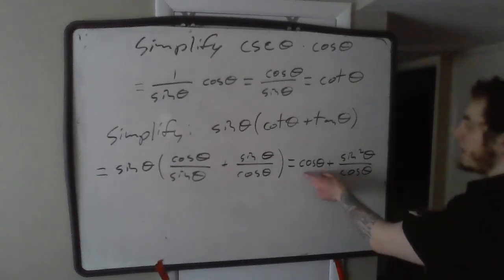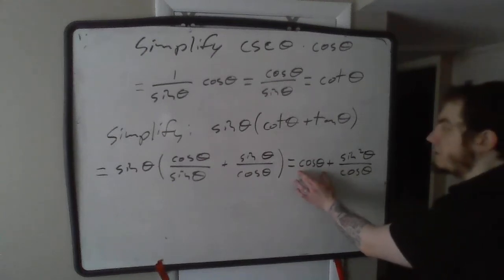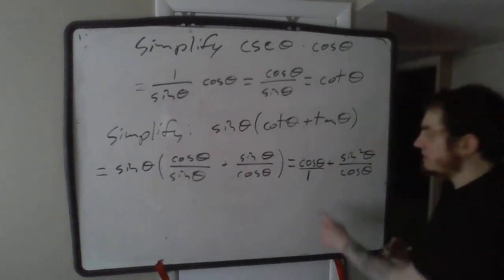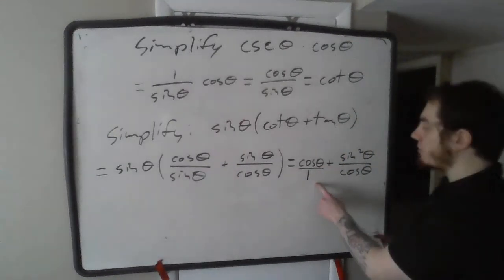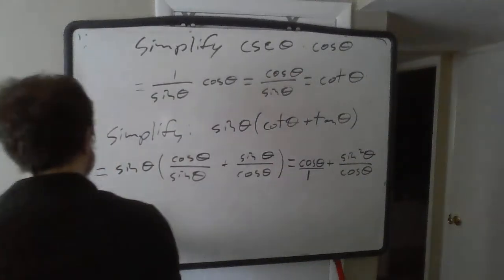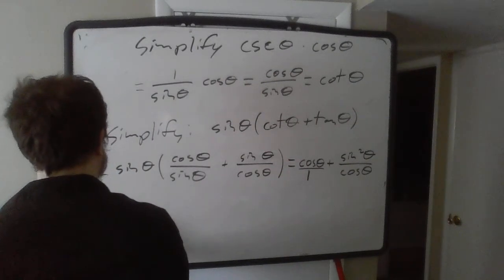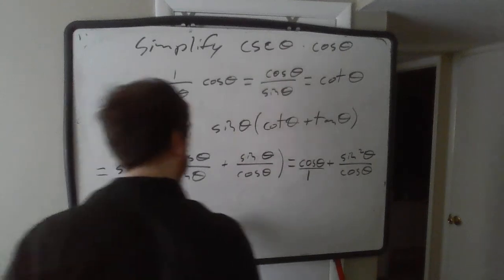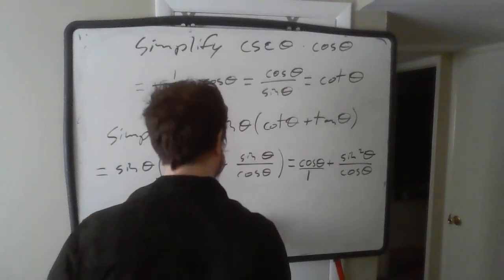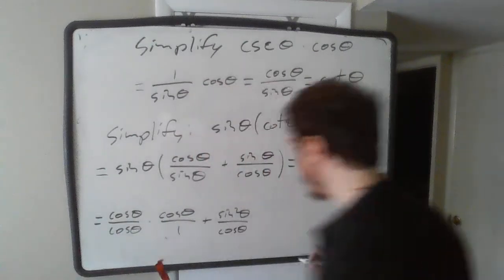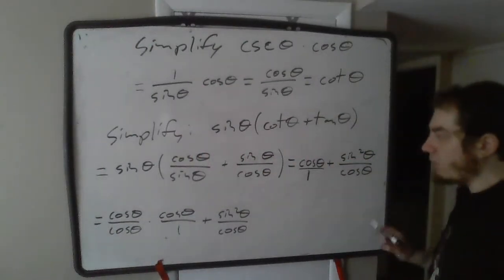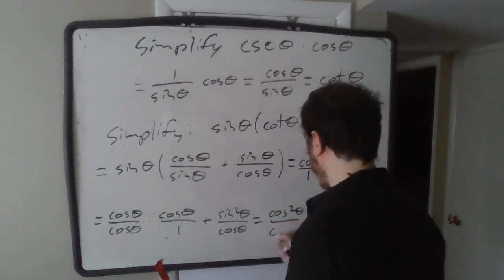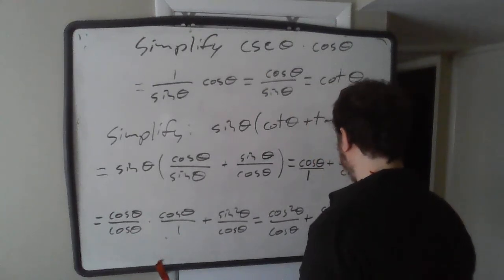If I take a common denominator, I have to multiply the left-hand term by cosine theta over cosine theta. Remember, I can think of this as a fraction over 1. So this is a denominator of 1. If I multiply by cosine theta over cosine theta, then I have cosine theta over cosine theta times cosine theta over 1 plus sine squared theta divided by cosine theta. Okay, so at this point, this is going to become cosine squared theta over cosine theta plus sine squared